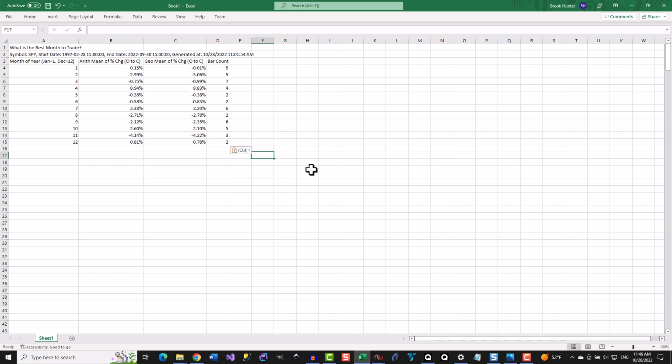One quick caveat. It should be noted that the start date for this customized version of the report was the February 1997 bar, which is 13 bars after the backtest start date we set in the strategy analyzer, because we set the bars required to trade field to 13.